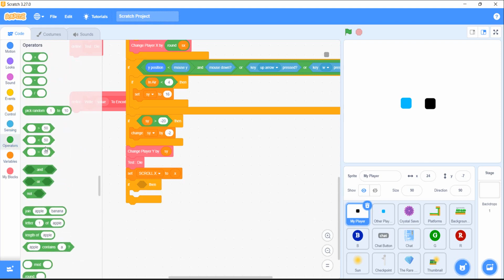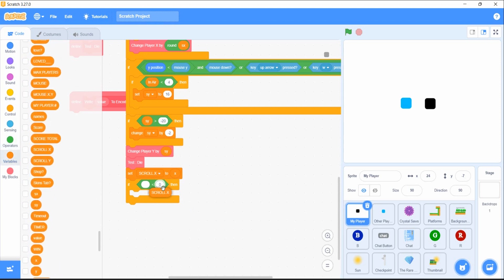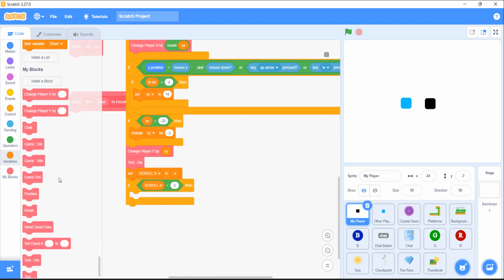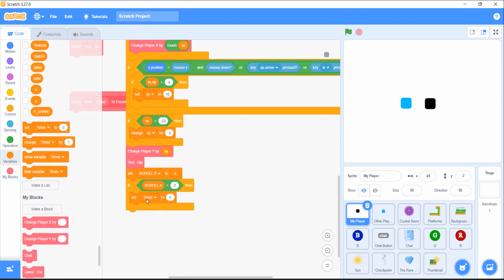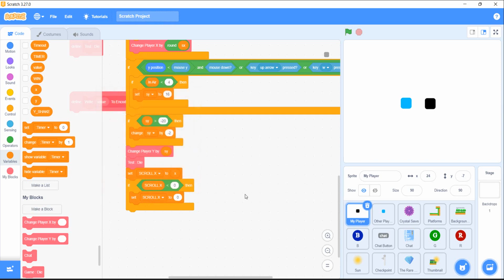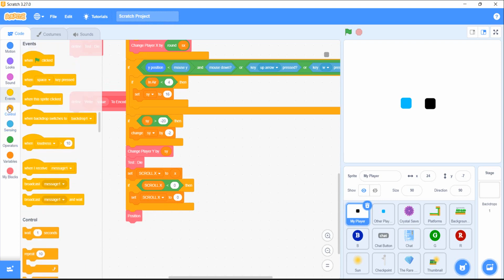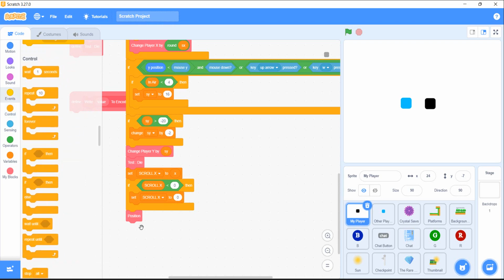Then go to operators, put it as 0, and then go here and get scroll x. Then we will set scroll x to 0. Then go to my blocks and get position, and then if block,